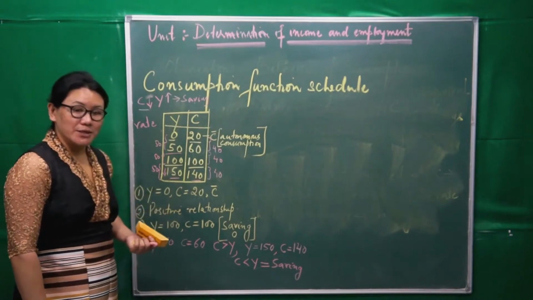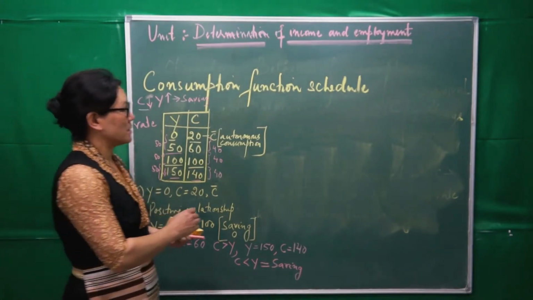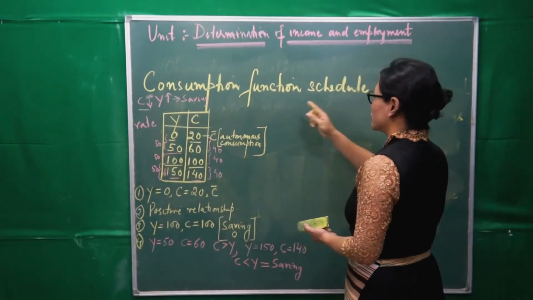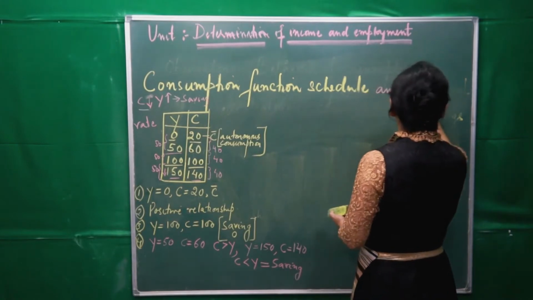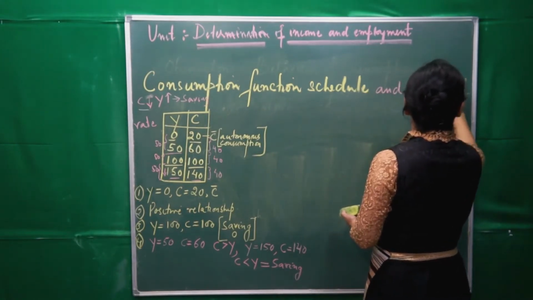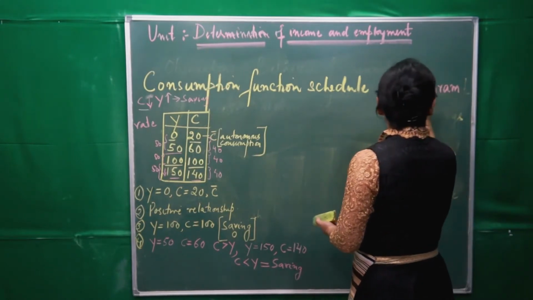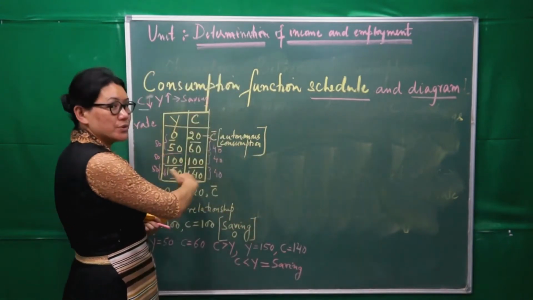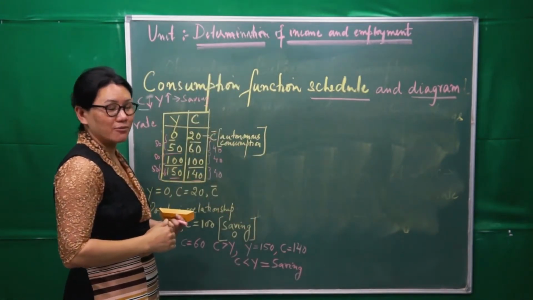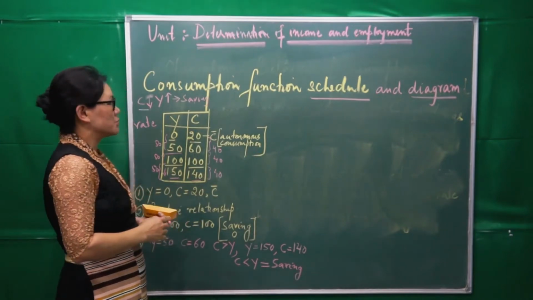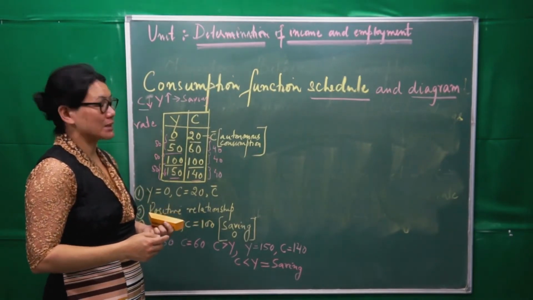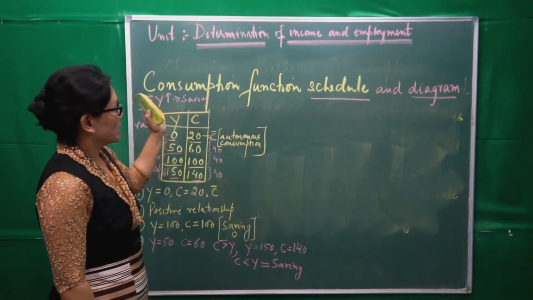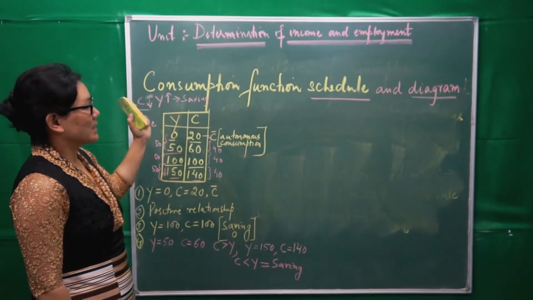On the basis of it, we will see the consumption function diagram. All right. Now we will go for the diagram. I'm going to use the same schedule, and on the basis of it, we'll draw the consumption function. Is that clear? The first one is, what is this? Consumption function